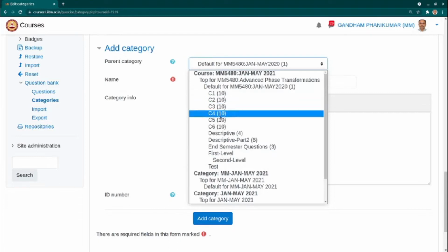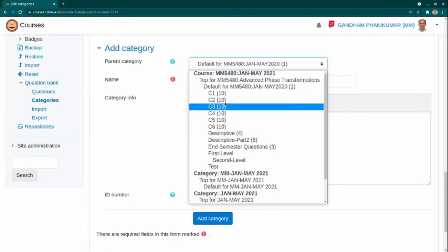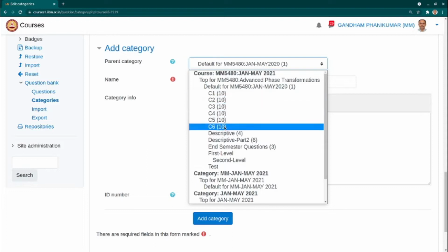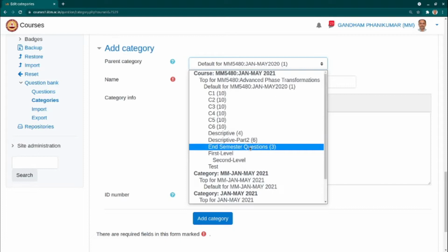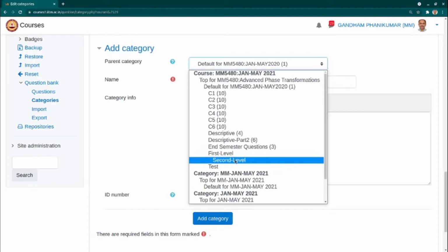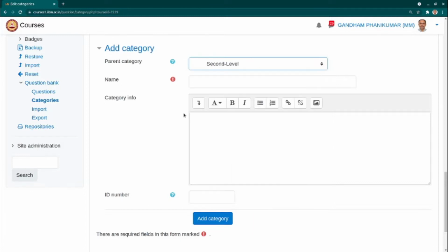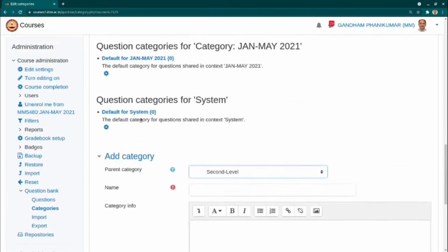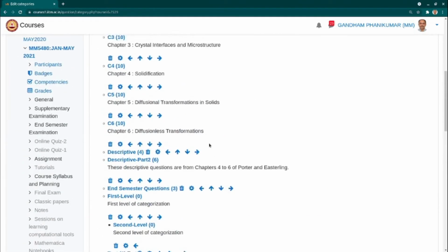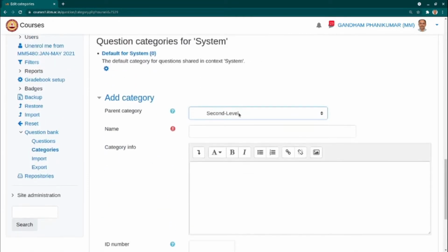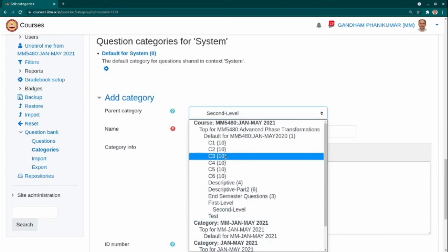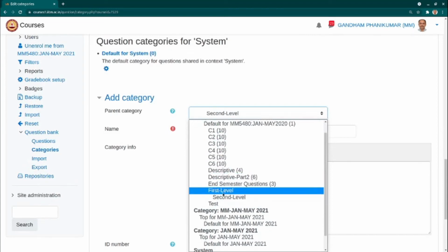So what I have done is chapter wise, because this is a small course with 6 chapters. So for each chapter I have a set of questions, and also I have other kinds of categories which I have for the purpose of the final evaluation, and you can also have them hierarchical here. Now when I go to, let us say, second level, and now we would like to have some questions on that, so we could then go on to add in that particular category. Okay, and when we want to pick some questions, the categories are chosen for recursive traversal. So therefore the way we organize these levels is quite important.